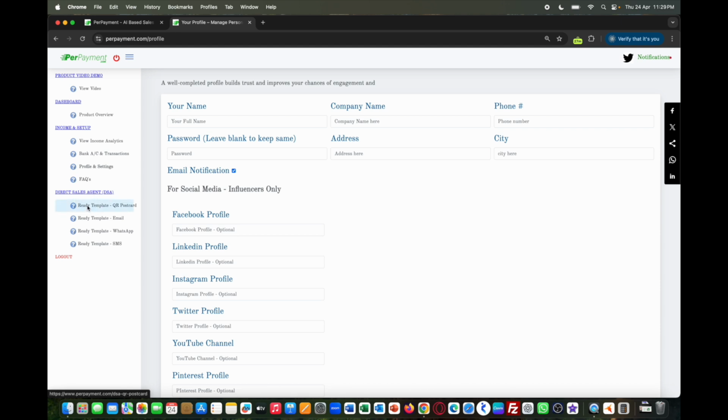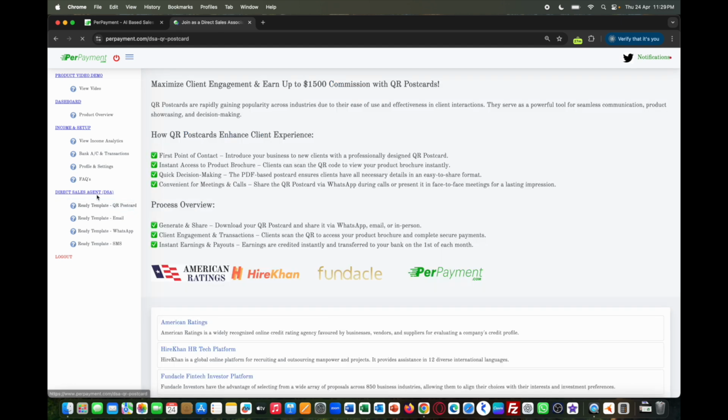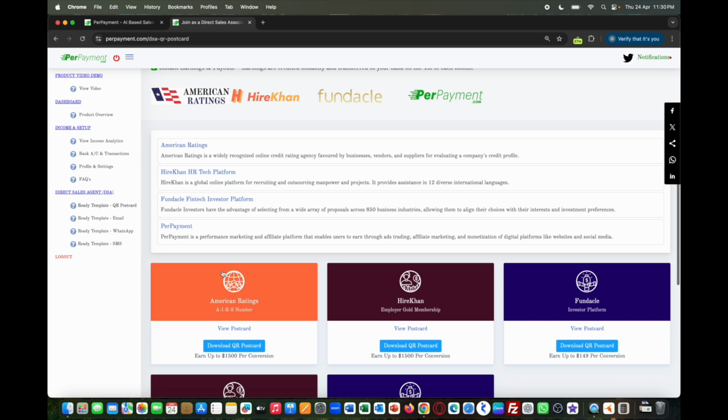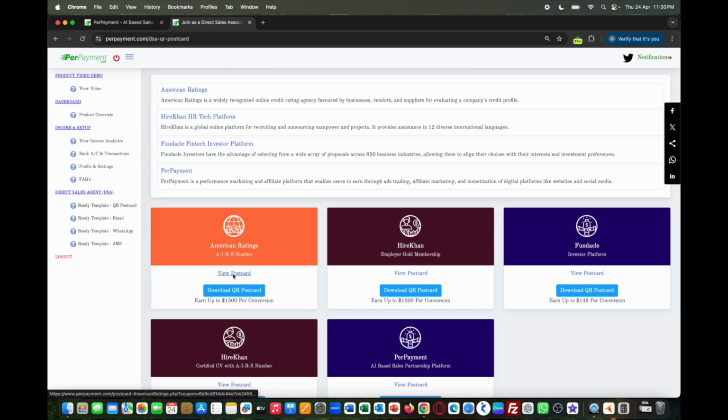The third category stands with direct selling agent or DSA, where you are getting 4 options that are QR postcard, email, WhatsApp and SMS. To understand one by one, let's go into this. So click on ready templates, QR postcard. You can click to view postcard.